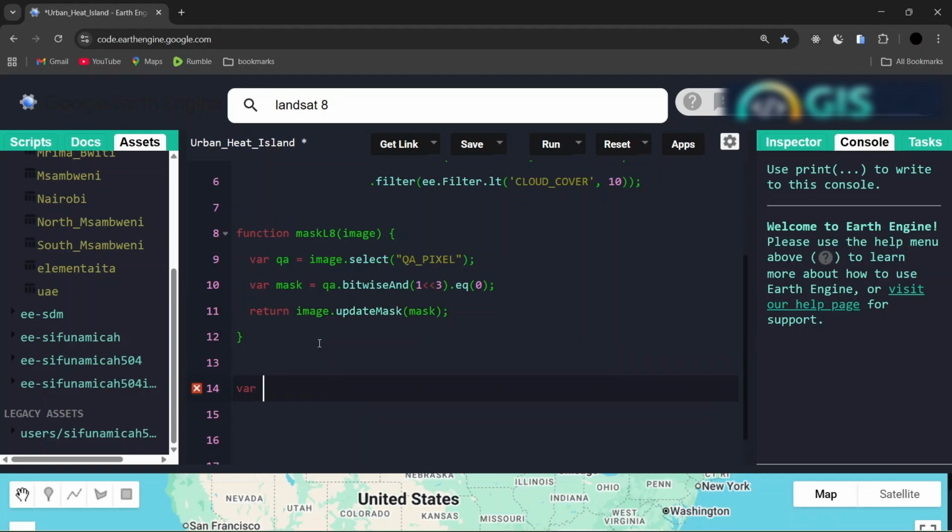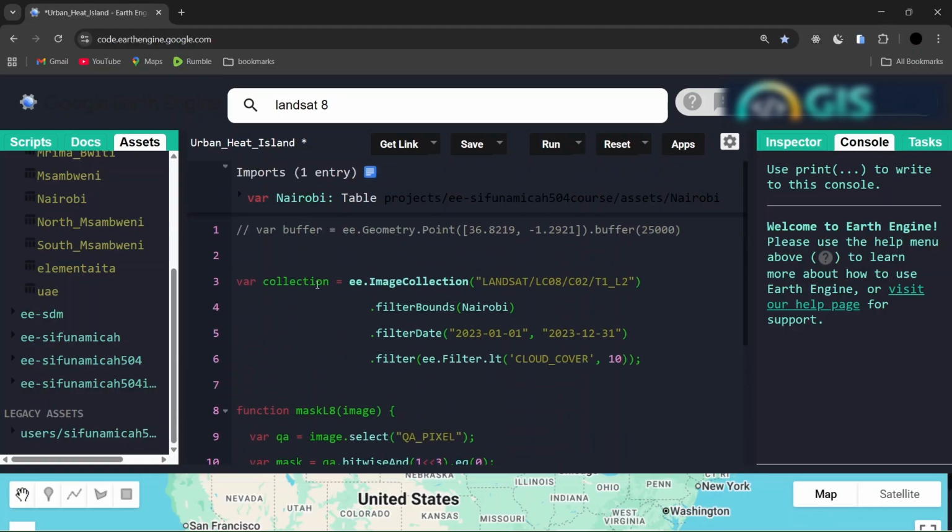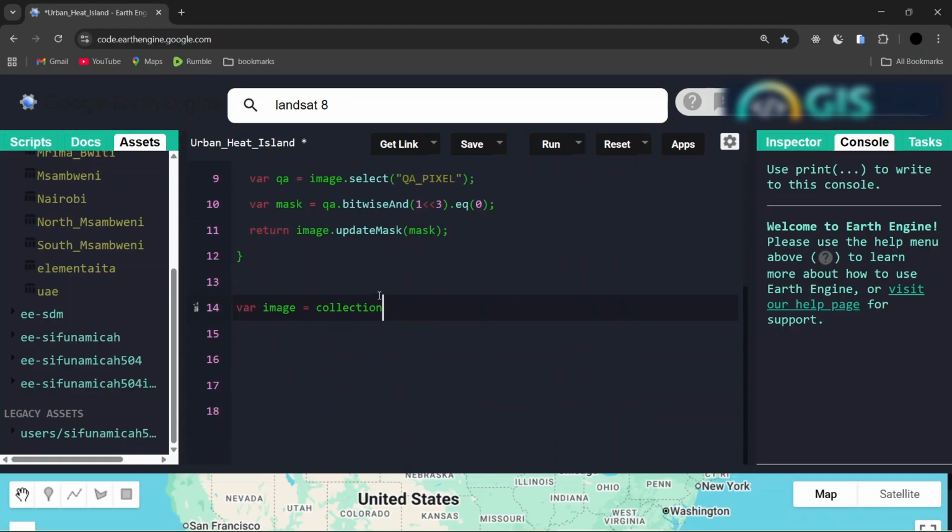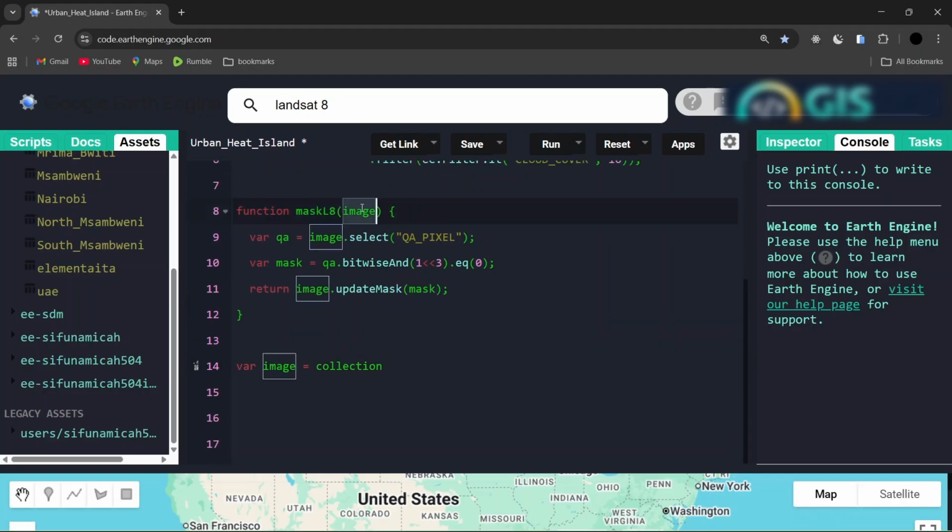So here I'm just going to say variable image is equal to the collection that we declared here. So the whole image collection, and we map through corrected image. So here you can see that we are just working with that image. Remember, an image collection is a collection of images. That's why it is an image collection. So we just pick a single image and we remove the cloud. So we are going to use this image that we removed the clouds and then map through each and every other remaining image in that image collection, so that the corrected pixels apply to all the images in the image collection. So I'll say dot map,